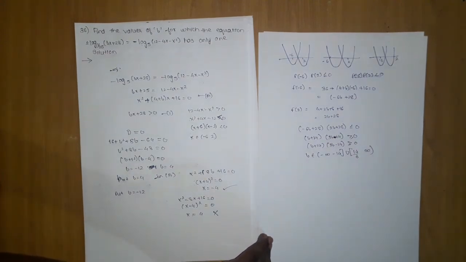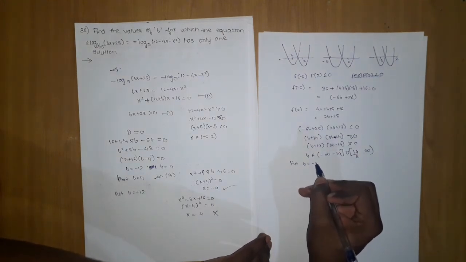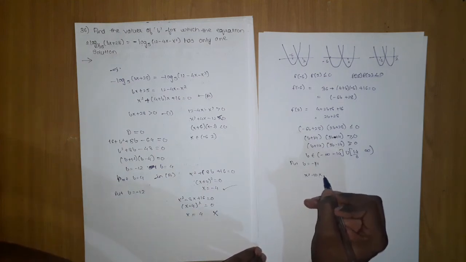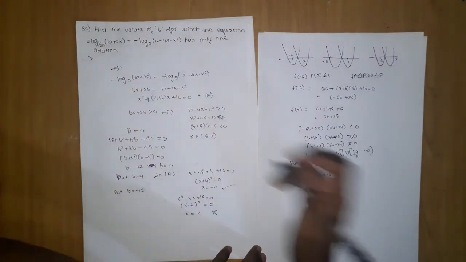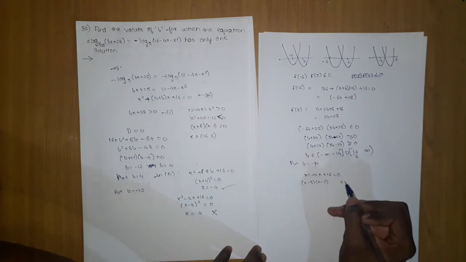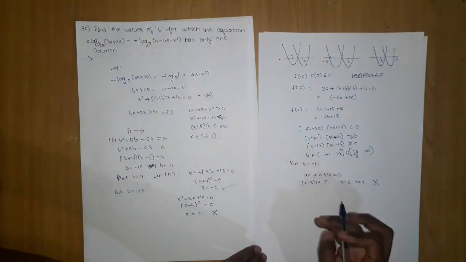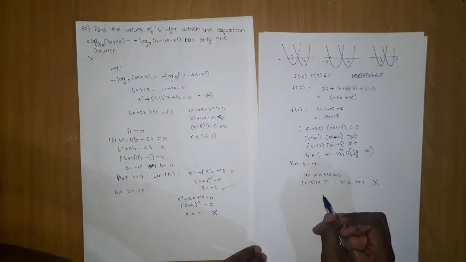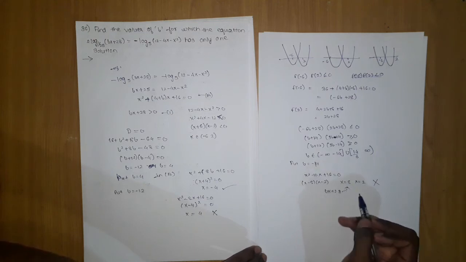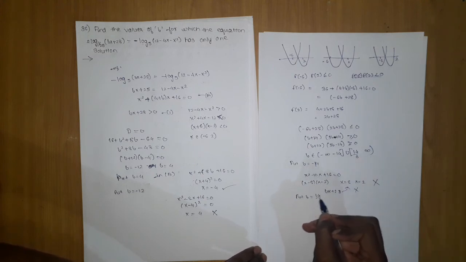Now we want to verify these endpoints, so put b equal to minus 14. We get x square minus 10x plus 16 equal to 0, so x minus 8, x minus 2, so x equals 8 and x equals 2. Both points are not included in minus 6 to 2. The other condition is not satisfied, so there is no need of checking that. Now let's verify b equal to 14 by 3.